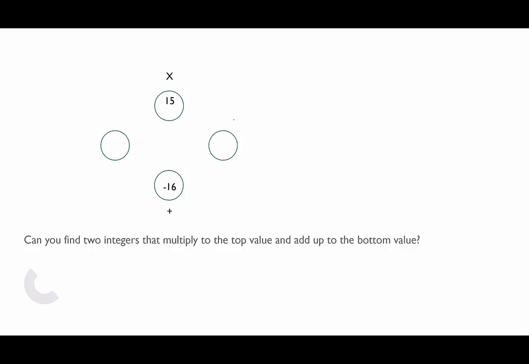Otherwise, come along on our journey here, where we're going to try to find two numbers that multiply to positive 15 and add up to negative 16. We have a hint here. Because they multiply to something positive, but add up to something negative, we know both factors must be negative. Because a negative times a negative gives us a positive product, but a negative plus a negative gives us a negative sum. So we're going to think about things that multiply to 15, and then we're going to negate both